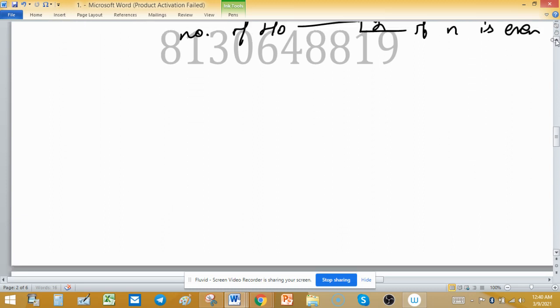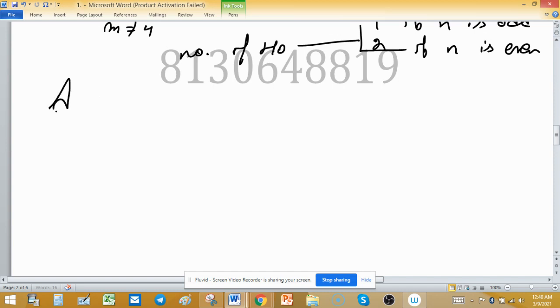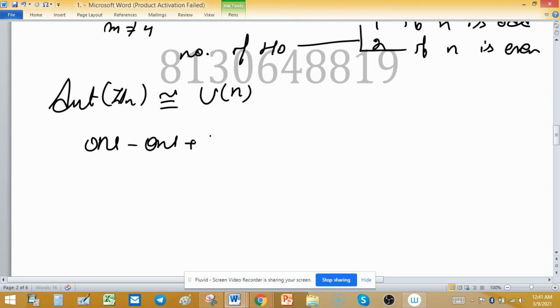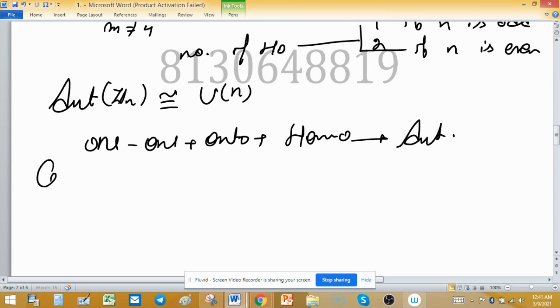Automorphism of Zn is isomorphic to Un. If you want to prove automorphism, then you have to prove 3 things: one-one, onto, and homomorphism. This will lead you to automorphism. Now, very important,